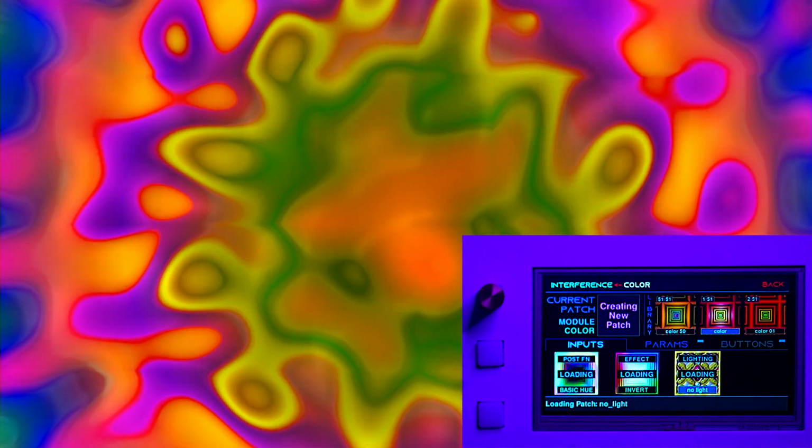And then, just similar to, or basically identical to a lot of the other instruments, you have a color module. It has some post-processing, an effect, you can turn on and off. Right now it's on invert, so we're turning it on and off. And it also has lighting. You can turn the lighting off to get a flat render, which also looks cool. You can go in here